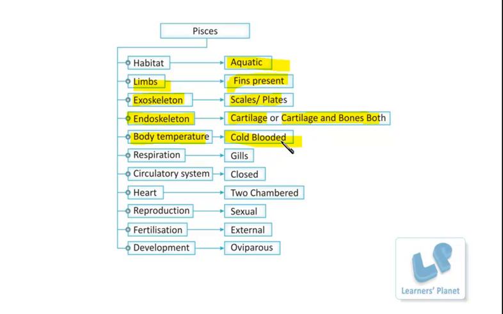You remember what is meant by cold-blooded? Cold-blooded means that the organisms are not able to maintain their body temperature. Their body temperature changes with the change in the surroundings, right? With the change in the environmental temperature, the temperature of the body also varies. Besides this, the respiration takes place through special structures that are known as the gills or the gill